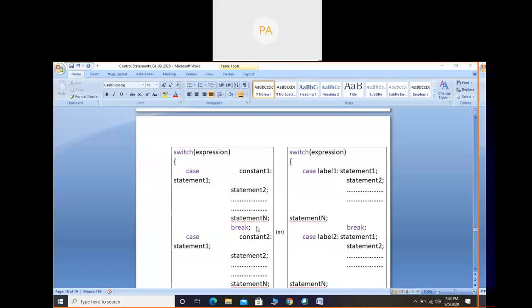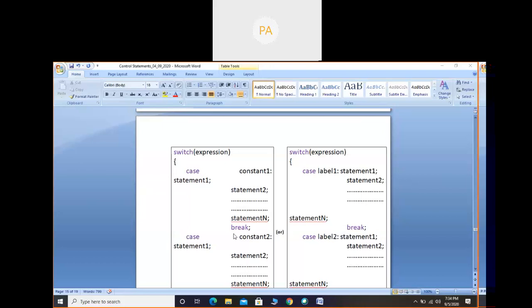The break statement will take the program control out of the switch structure, and whatever statements are present after the switch structure are executed. Yes, that will be the end of the switch structure if it is found.